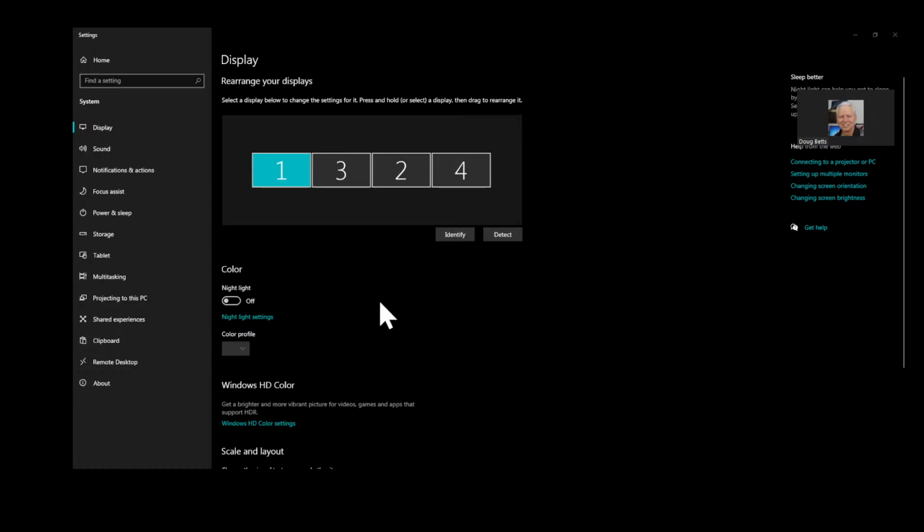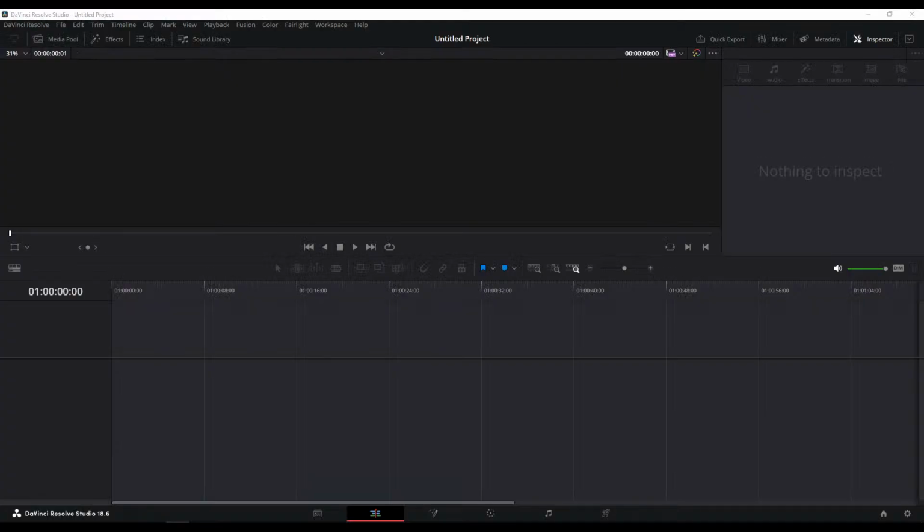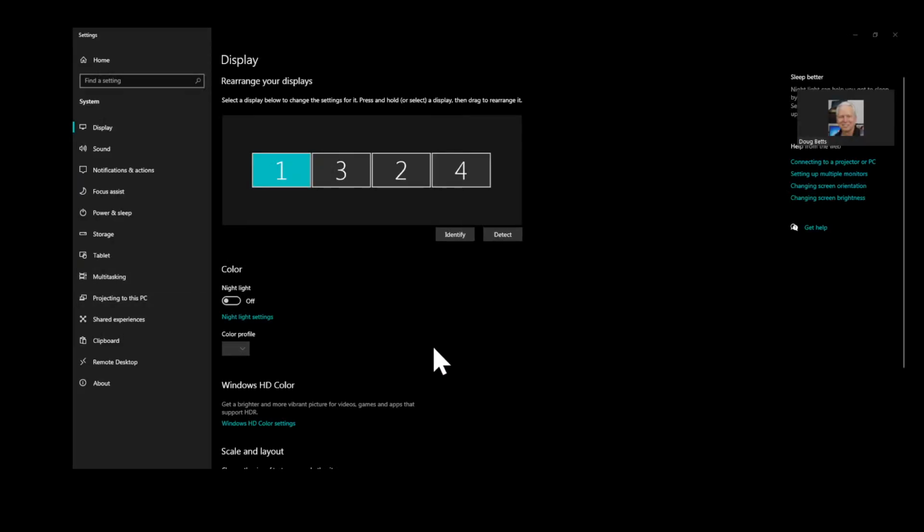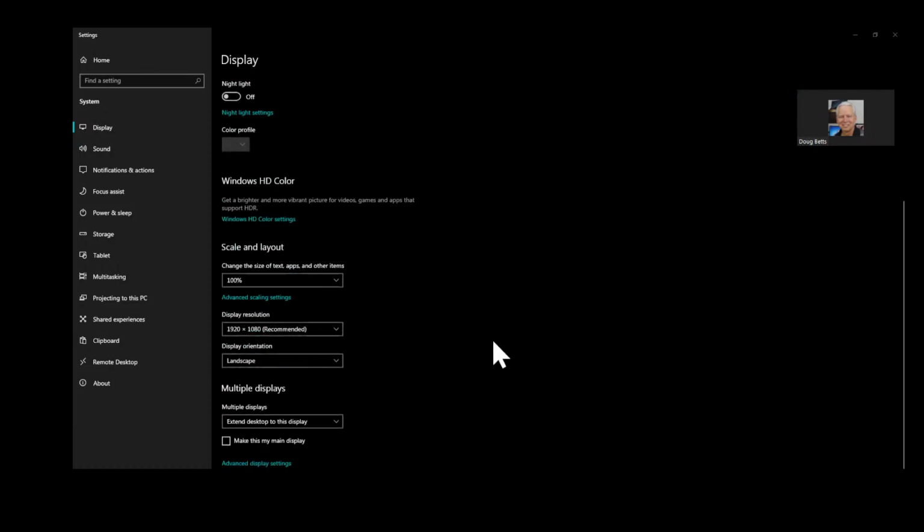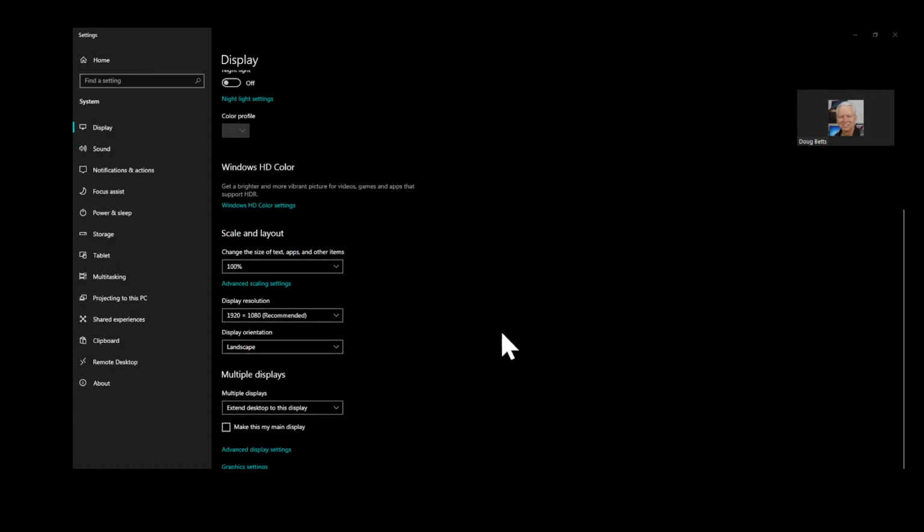But anyway, with that ordering there, we can tell what these monitors are. I think if you scroll down lower on this screen, it shows the names of the monitors. Scroll down lower on this display settings screen. In DaVinci? No, the Windows display settings. Okay, so we're back to Windows display settings. Yeah, now scroll down. Scrolling down. Okay, then